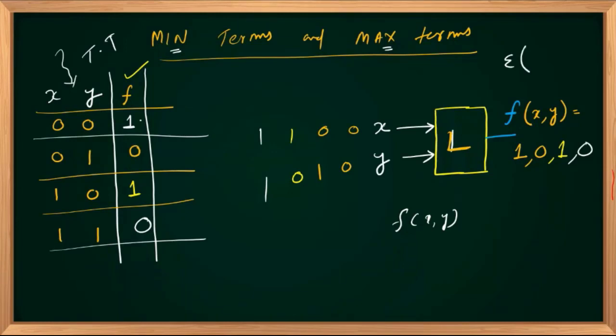Sigma of, look at the function, it is 1 here for 0, 0, that is sigma of 0. The function is equal to 1 corresponding to 1, 0. The decimal equivalent is 2, so sigma of 0, 2. The same function is the same as pi of